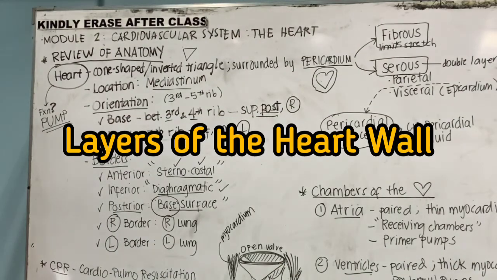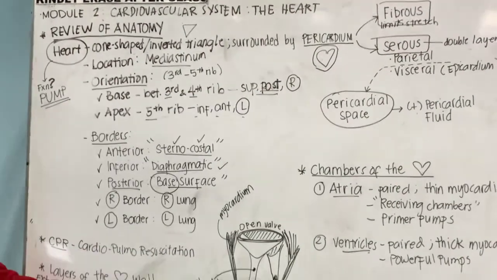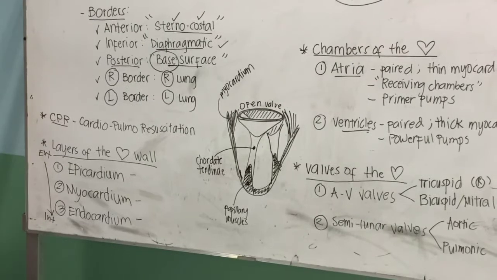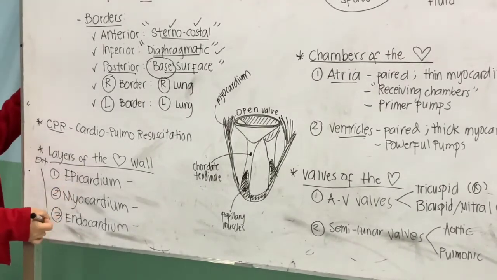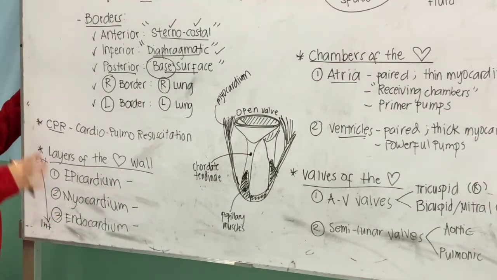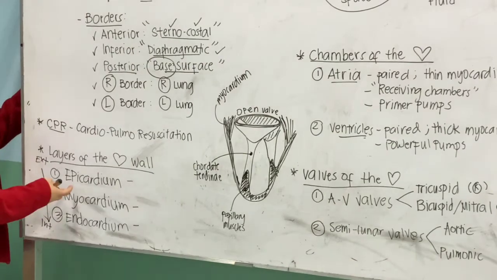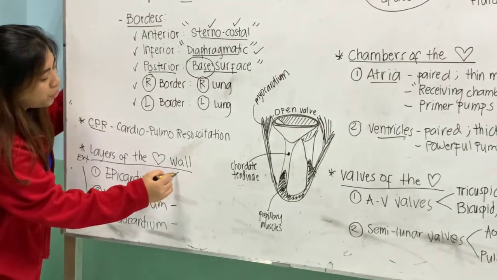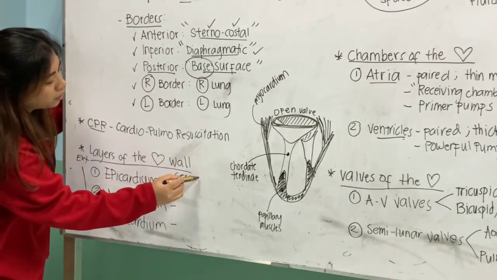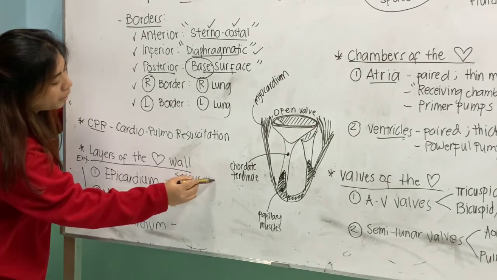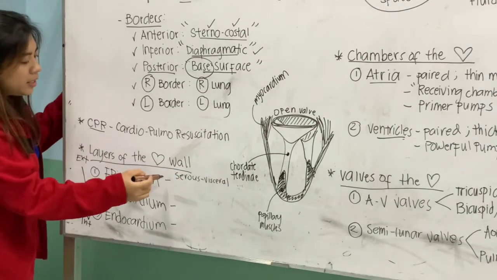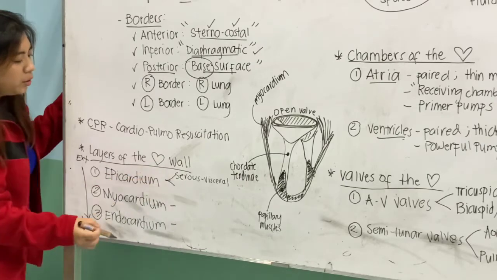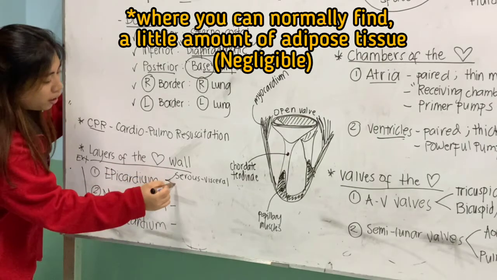Let's proceed with the layers of the heart wall. Your epicardium, as we previously mentioned, is actually part of your pericardium, or the sac that encloses the heart. The epicardium is also known as the serous visceral pericardium. Since this is the outermost portion of the heart wall, this is where you